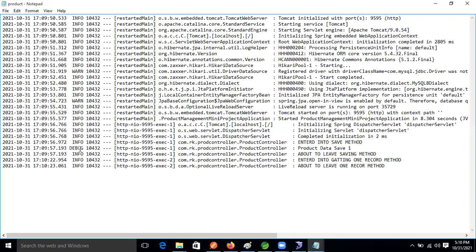This time debug messages also appear. Product data saved means the save method was executed first. After that, see this: whenever we make the one record request, about to leave the save method. Entered into...